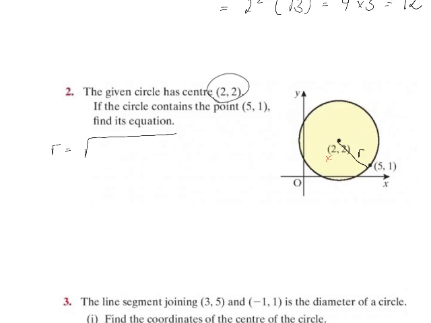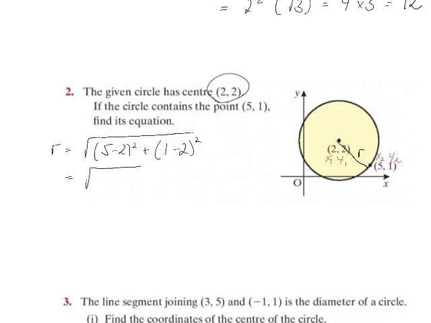We call this x1, y1, we call this x2, y2, and then we put it into our distance formula. So that would be x2, which is 5, minus x1, which is 2, all squared, plus y2 is 1, minus y1 is 2, all squared,